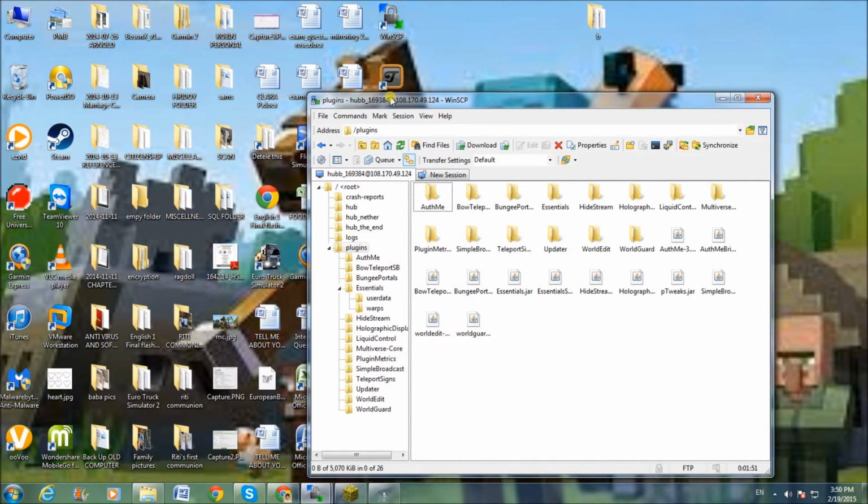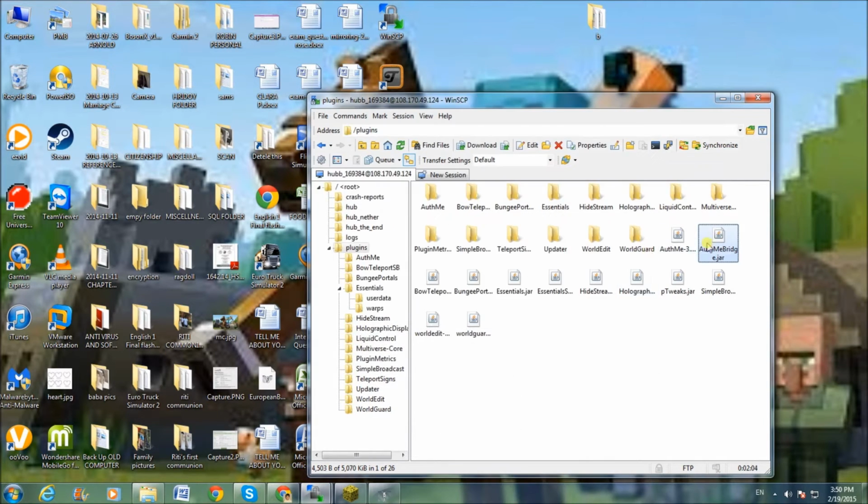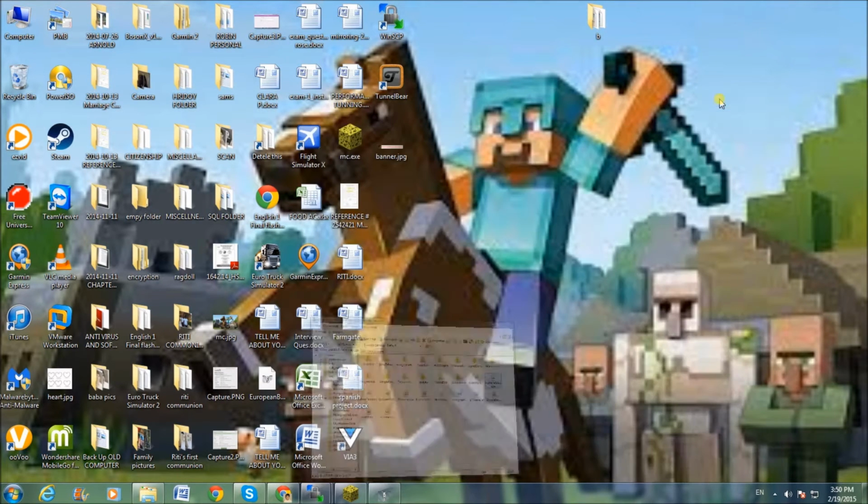And after that, in your hub server, you need to have Authme and Authmebridge. That's right here. You have to download Authme separately and put the Authmebridge in the plugins folder of your hub server. And after all that is done,